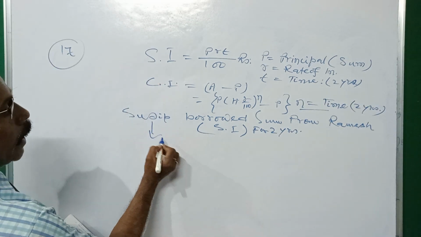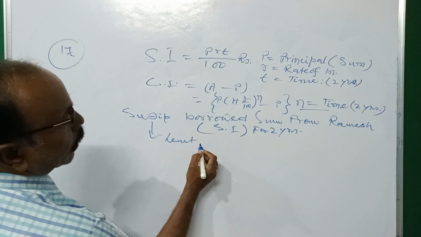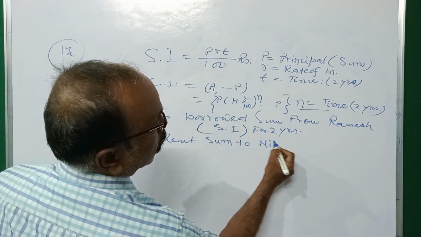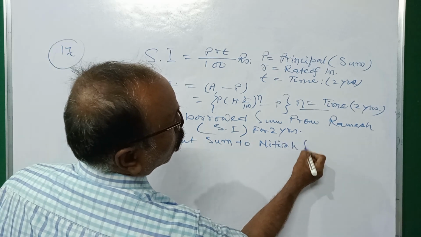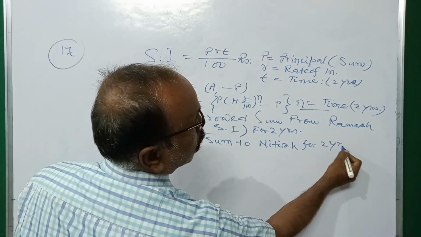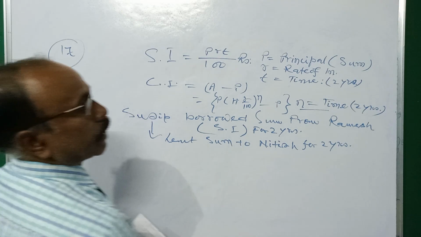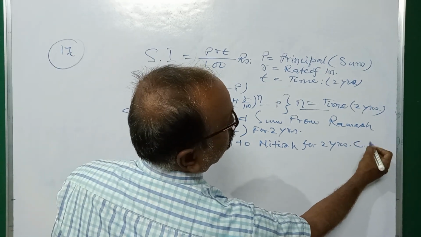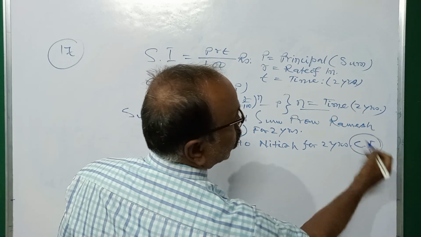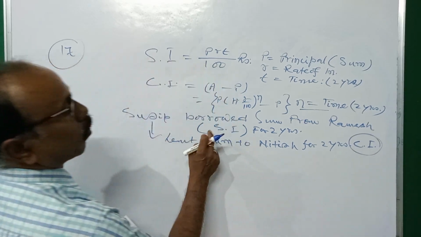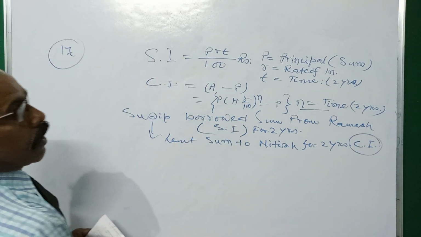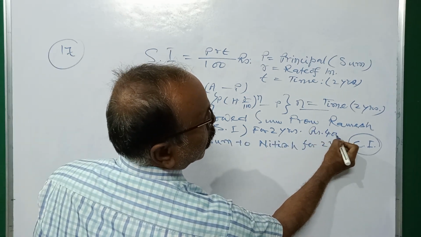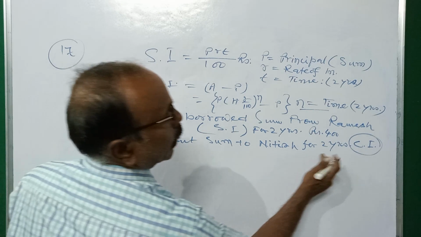Then Sudeep lent the sum to Nitish for 2 years at the same rate of interest as compound interest. The only difference is compound interest and simple interest. Simple interest is rupees 400 and compound interest is rupees